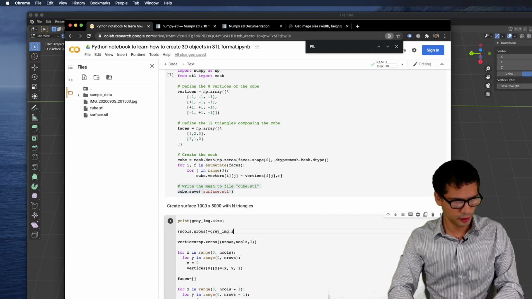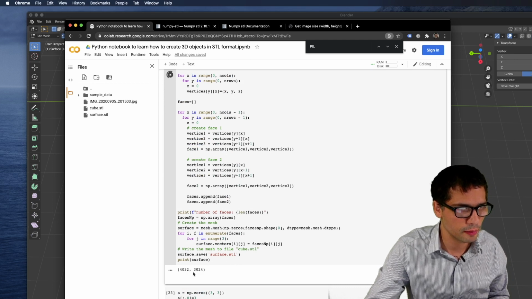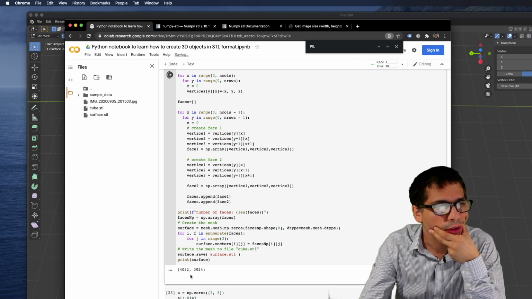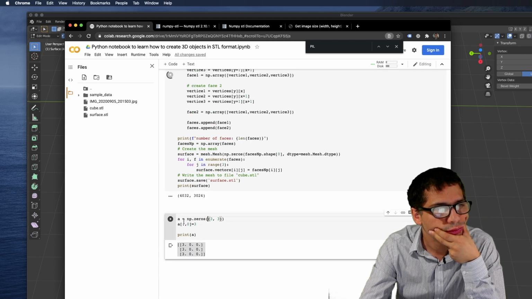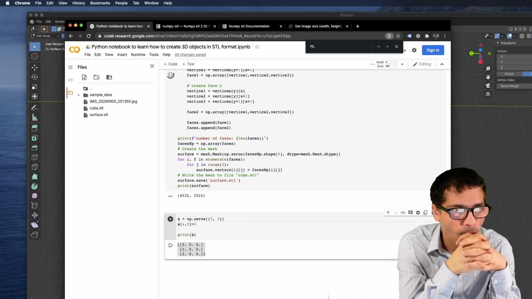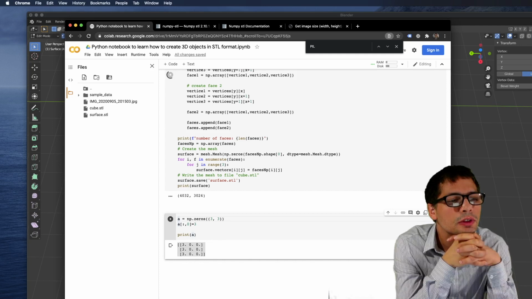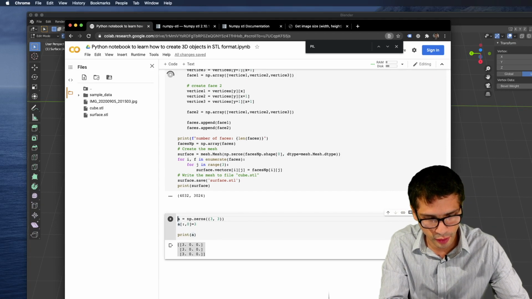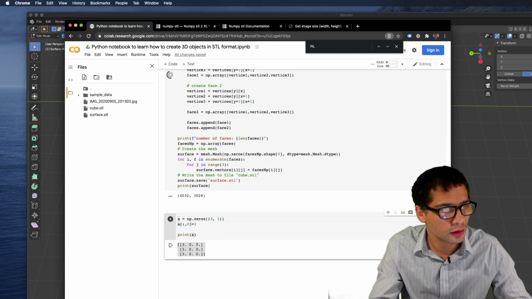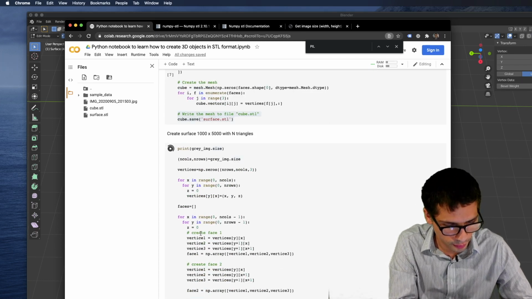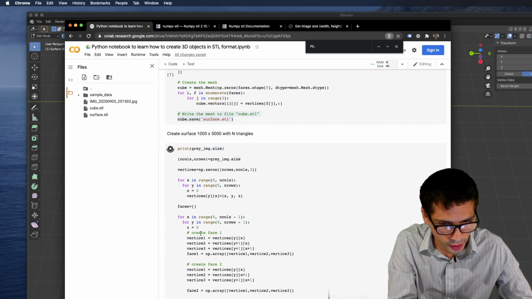I can do this. And this will create a very big surface. Too big for us. In fact, if I do that, it's still doing it. It might run out of memory. It's going to be an awful lot of vertices. So if I calculate the number of, we're talking about 4,000 times 3,000 roughly. It's 12 million vertices, right?